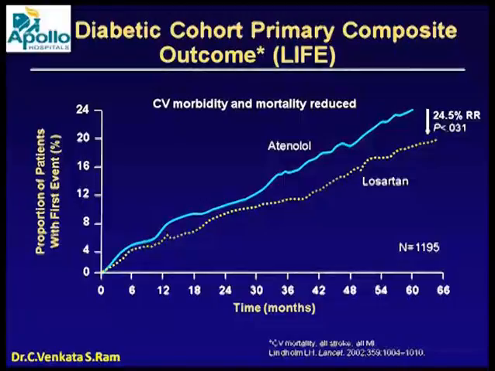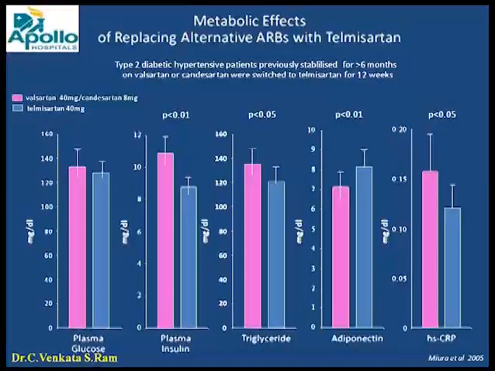There are a number of angiotensin receptor blockers that are available now in our country. One angiotensin receptor blocker that appears to have important metabolic effects is telmisartan. Telmisartan is also known as metabolic sartan, or it is also known as cardiorenal sartan. The reason is because of its partial effects on PPAR gamma, it appears to improve insulin sensitivity and decrease insulin resistance, and also improve the lipids.